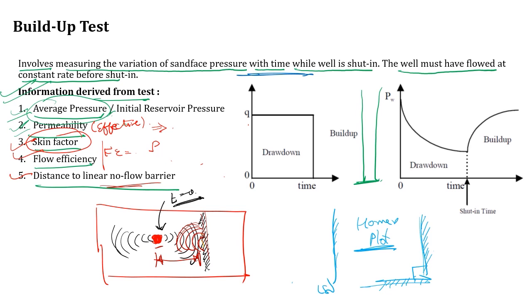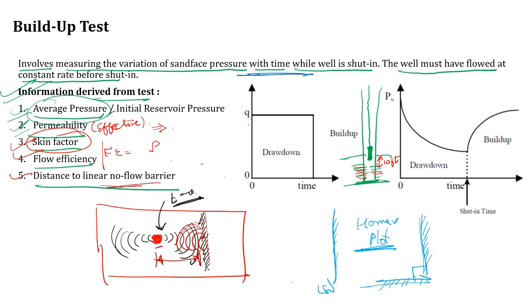So let this be the well bore. I have a reservoir, this is the perforation, and I have a tool in the well bore. I will always keep the tool 10 to 20 feet above. Let's say I will keep my tool 10 feet above my perforation. It's necessary to keep the tool 10 feet above the perforation. Now I have the tool in the well bore.